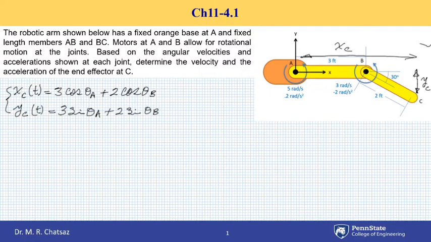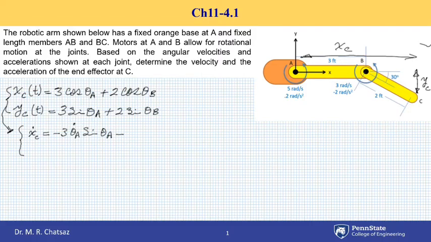So I have two position equations, and then I can take derivative with respect to time to find velocity, and if I take one more derivative I can find a relationship for acceleration. Therefore, the derivative of the top equation, x dot of point C, as a function of time, I leave t out of the equation for simplicity, and write derivative of cosine of u is minus u prime sine of u. Therefore, this is going to give me minus 3 theta dot A sine theta A